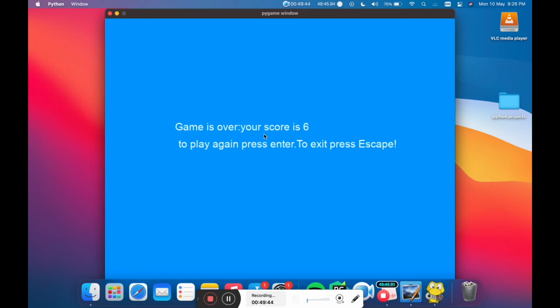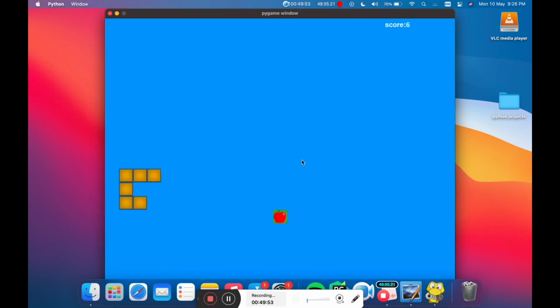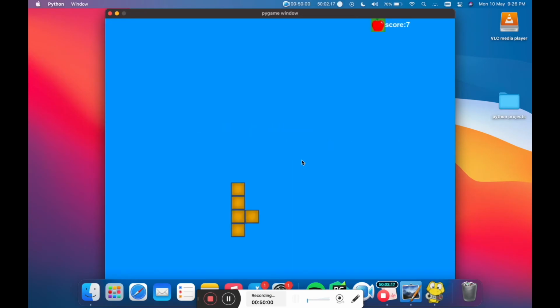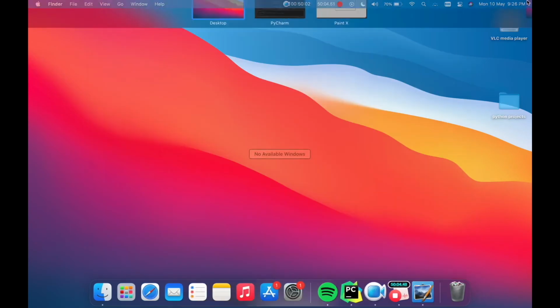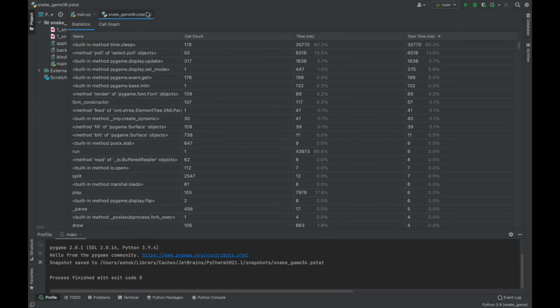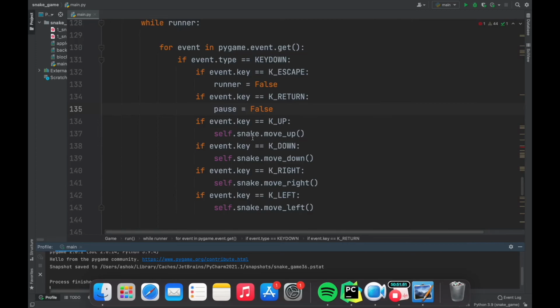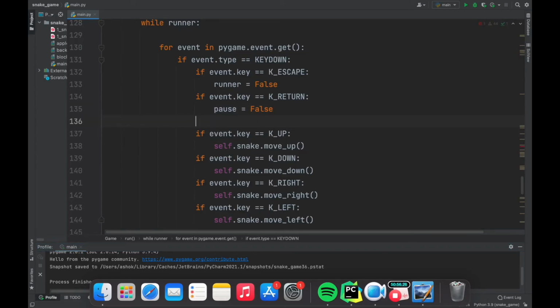Look, your game is over. Your score is 6. To play again, press enter. To exit, press escape. So if you want to play again, you should press enter. Look, our game started again. Let's make a collision. If we press enter, our game will start again. Cool, everything looks good. And I don't want to process all these keystrokes, so we can simply say